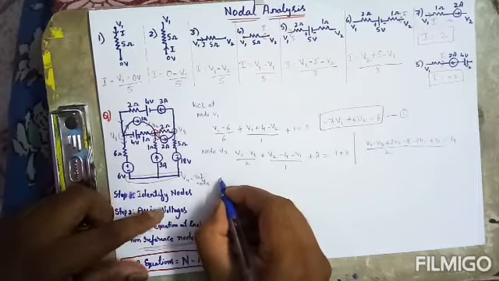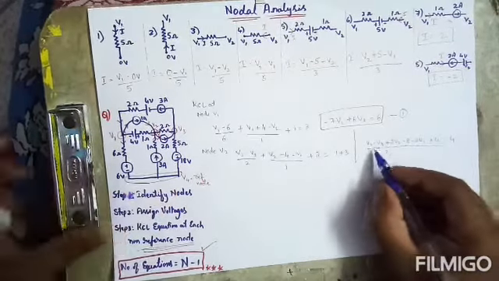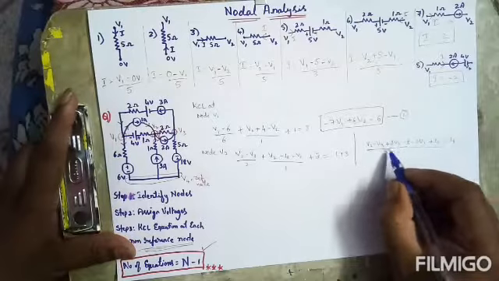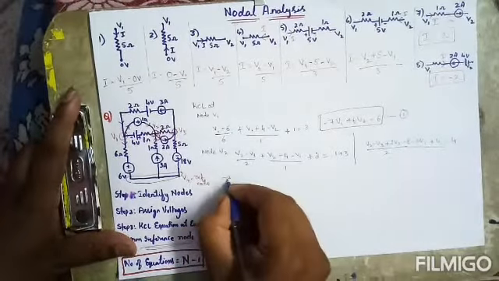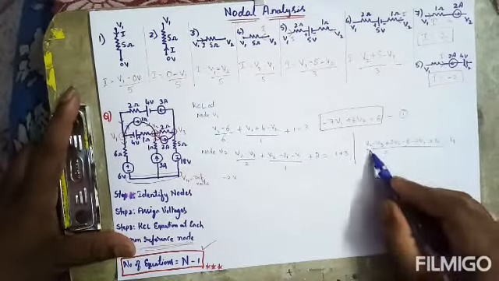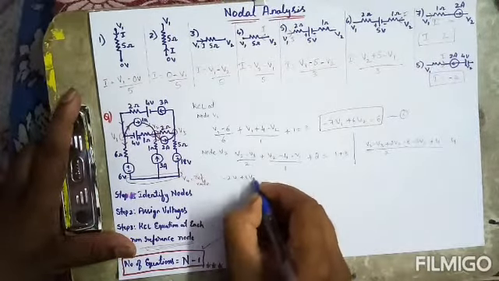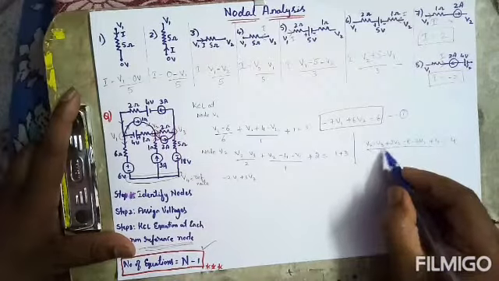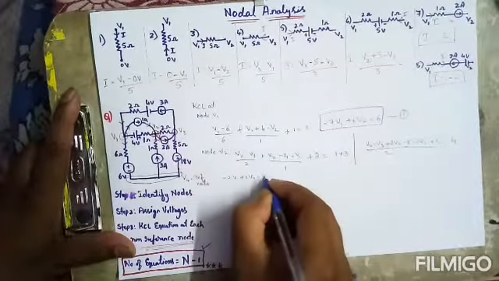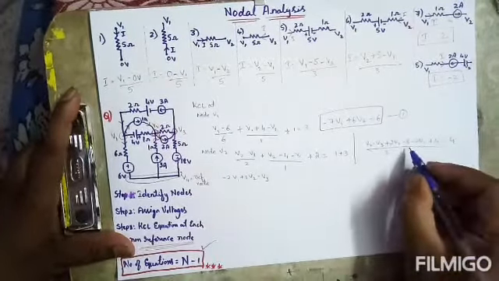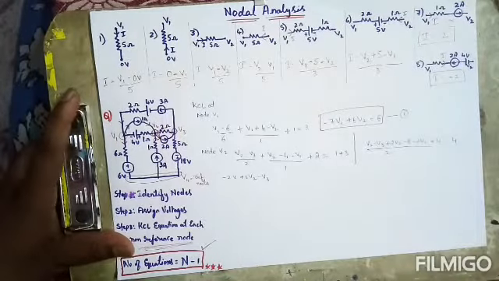If I write it like this, we get, and I will add all these V2, V1 everything. So 2V1, we have minus 2V1, V2 plus 2V2, so it is going to become plus 3V2, and V3 is only one, so minus V3. Okay, minus 8 plus 4, so it is going to become minus 4